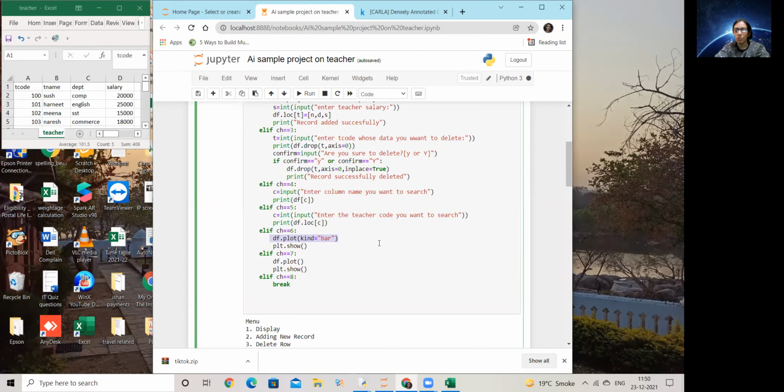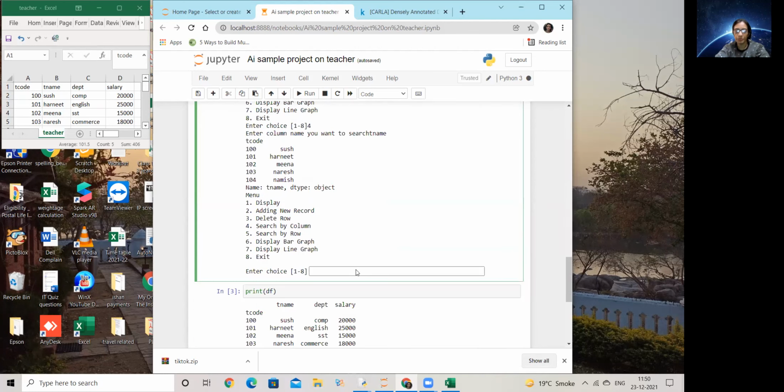And all other normal formats of labels will come. Fine, no title as such. The basic legend comes automatically. So let us execute and see this part too. If we give the specifications, will it work? Of course, it definitely works. Now let me give the choice as 6.